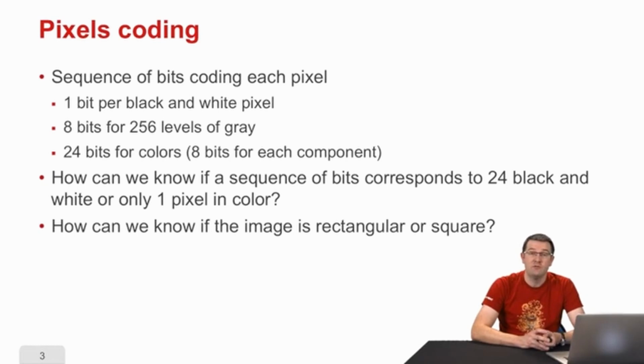If we have a black or a white image, each pixel will have only one bit that says, is it white or is it black? If we want an image in grayscale, we will be able to use 8 bits for each pixel, for example. 8 bits, which gives us 256 possible values, 2 power 8. 0 will be black, 255, the maximum, will be white, and the intermediate values will be gray,